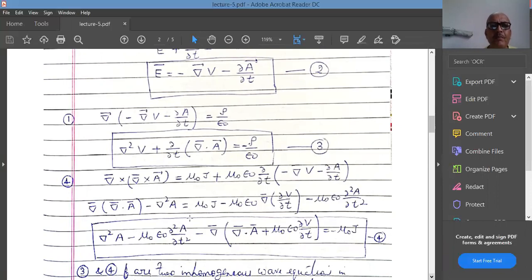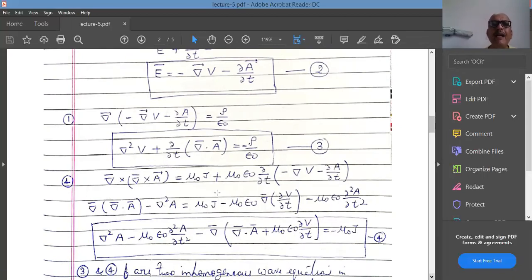So it becomes this one minus gradient of divergence of A comes from here, and gradient is out. So inside the bracket, we have divergence of A and then mu naught epsilon naught del phi over del t. So they are in a bracket and it is equal to minus mu 0 J. Remember, I'm not putting the vector signs everywhere, but you have to keep in mind that A is a vector quantity, but phi is a scalar quantity, that you always have to remember.